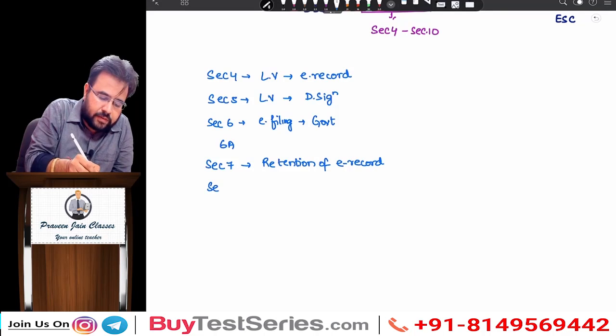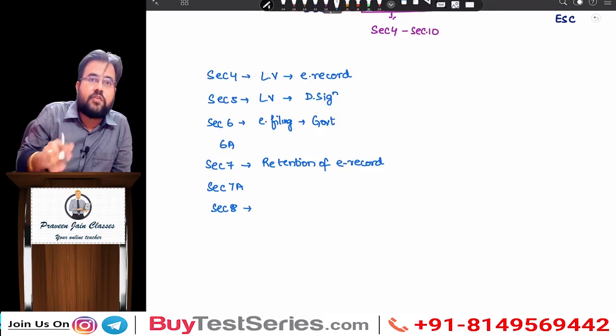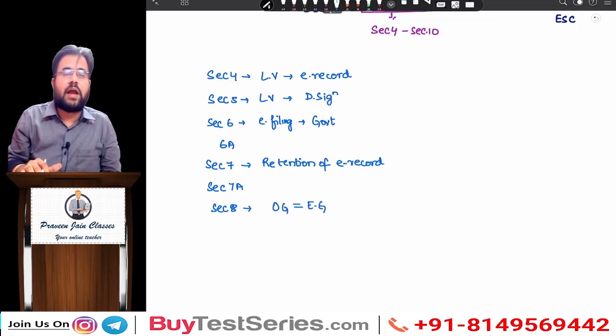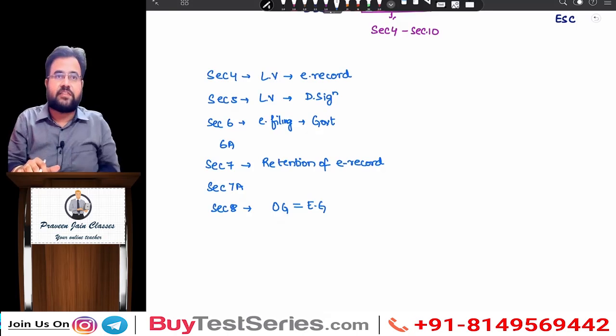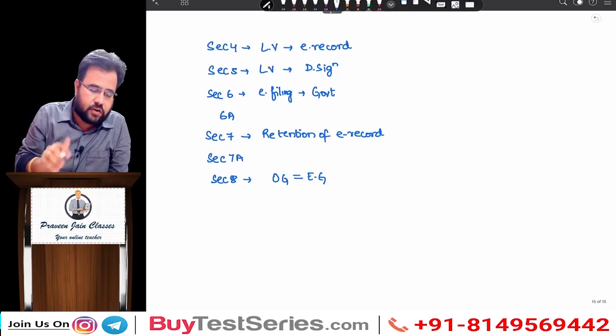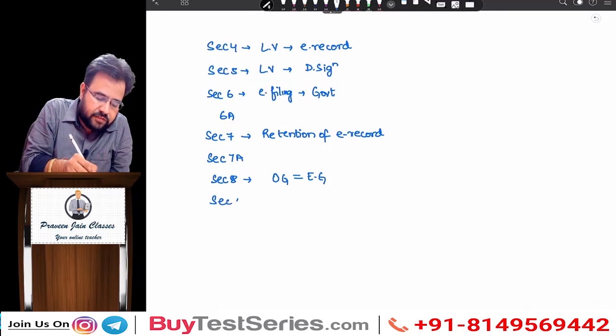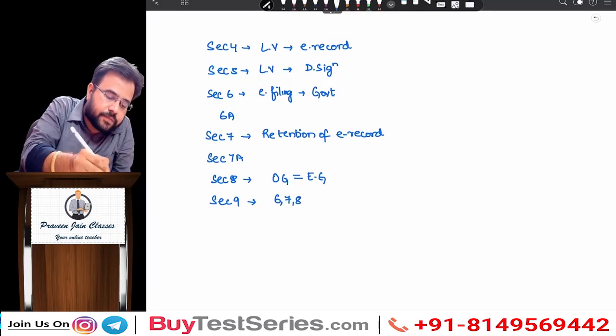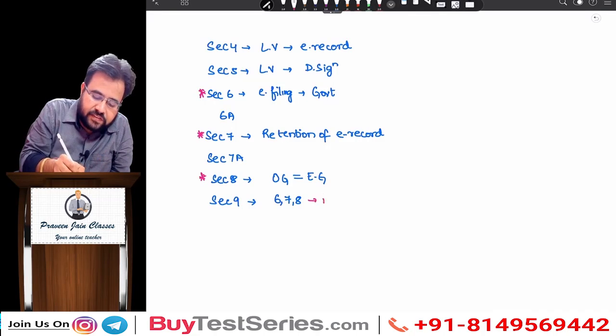Then we also have 7A, not that important. Then we have section number 8, which says that it is giving legal validity for official gazette equivalent to electronic gazette. Government which used to publish their notifications earlier in the official gazette, now the same government can publish their notification in electronic gazette also. Then we have section number 9, which says about section 6, section 7, section 8. These last 3 sections, 6, 7, 8, are just a facility